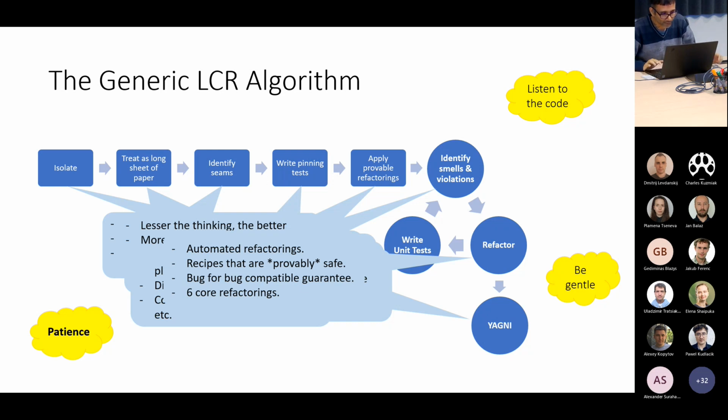Now, why do you want to identify the seams? So that you can write pinning tests. Pinning tests are basically where you feed in different data, observe the seams, and input new data from the seams to see what's coming out. You have a range of inputs, and you go through the code in a very mechanical way, feeding in a bunch of inputs that take the code through various code paths. Then when you come out of the other seam, you see what values are being returned.